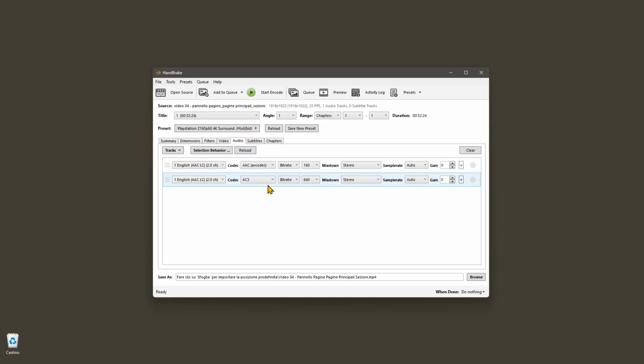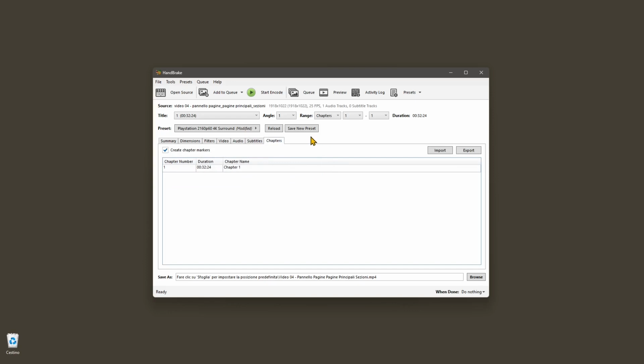So you can see that I can change also here the bitrate, the codec, and this is the file that is coming from. And here I can change from mono to stereo. I can also gain and use different sample rates, and you can change also here the bitrate or the quality setting. Now, if you think you wanna save this you can also add subtitles, chapters, and if you are ready,